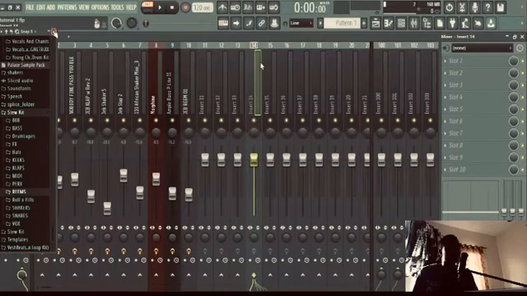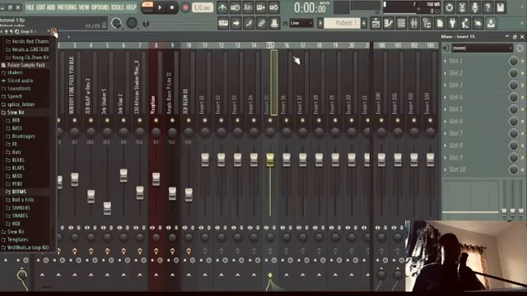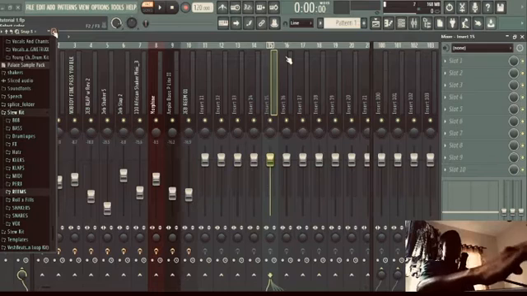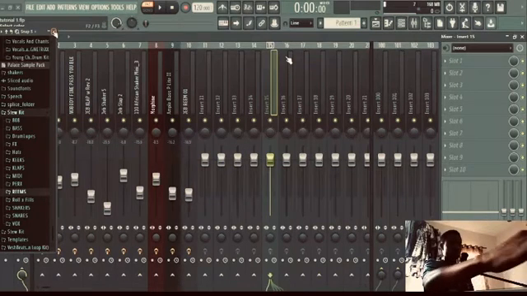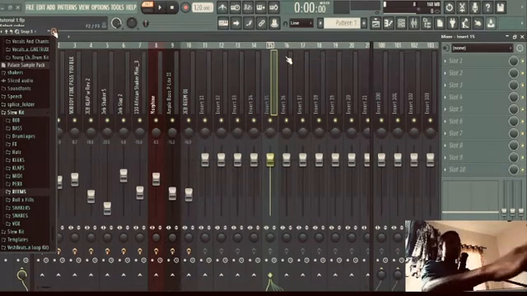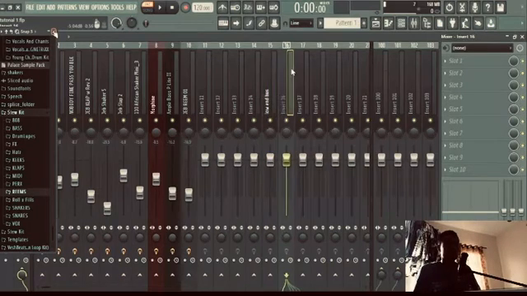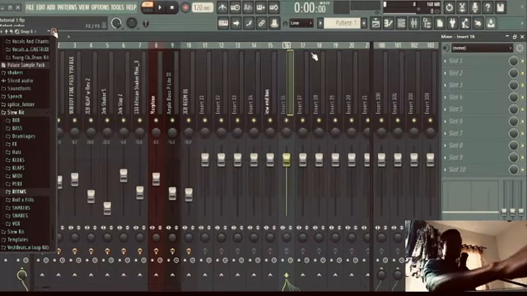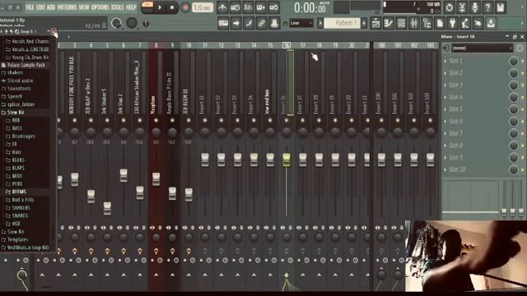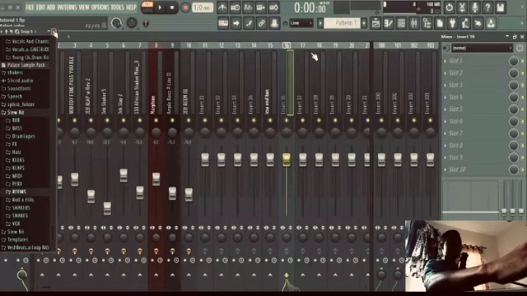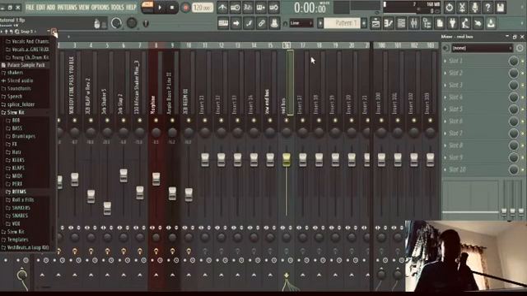You pick one of these boxes, then you rename it as low end bus. Low end bus. Then you take one mid bus, then the next one